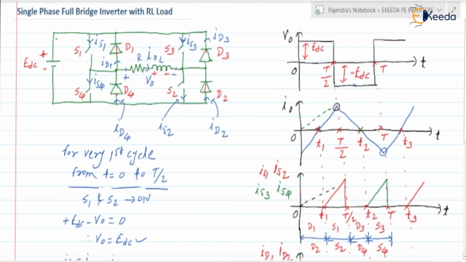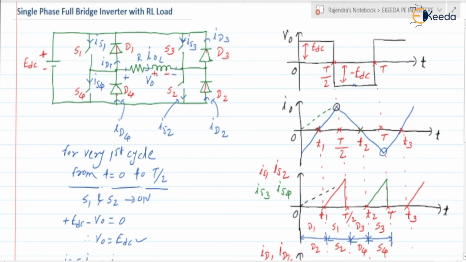Here, the resultant current in the circuit is in the anti-clockwise direction. So can we say that I0 is negative? Yes, I0 will definitely be negative. And as the inductor releases the energy, it should be decreasing. So I0 is negative and decreasing from T to T3. Are you getting the point?